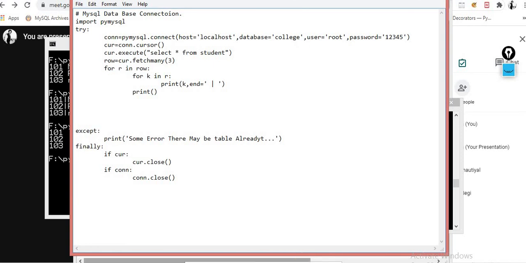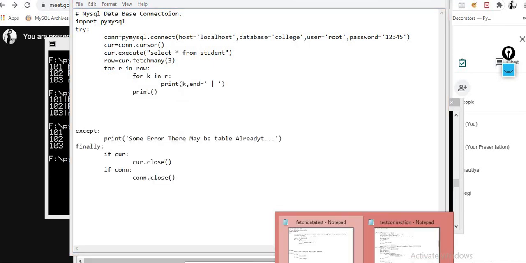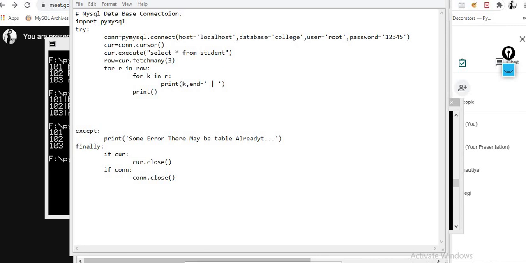My question was, I posted in WhatsApp as well. I saw most of them importing the connector. Yes sir, the connector depends upon the connection. If you want to use MySQL connector, you can use that as well. But when I worked with the MySQL connector, it didn't work perfectly. I got installation errors, so that's why I found an alternative, that is PyMySQL. If you want to work with Oracle, at that time you have to install the Oracle intermediate.